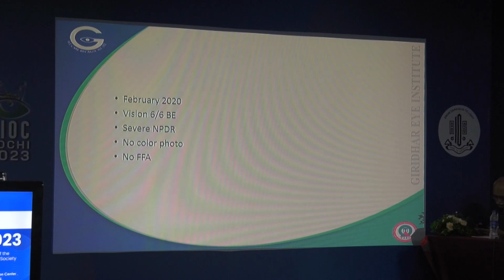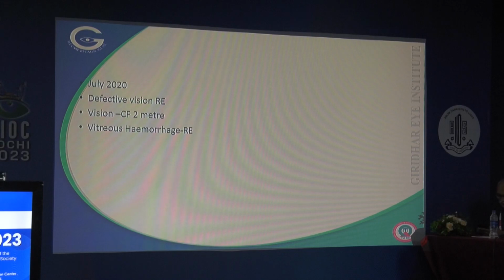So what we learned from this particular case is, number one, it was not managed properly. So once you see severe non-proliferative diabetic retinopathy, it's important to at least send it to the retina clinic, or at least do a fundus fluorescein angiography to see whether there are subtle areas of retinal neovascularization, and give adequate laser photocoagulation immediately. So this could have been a preventable situation, and you should always remember that even ischemic processes